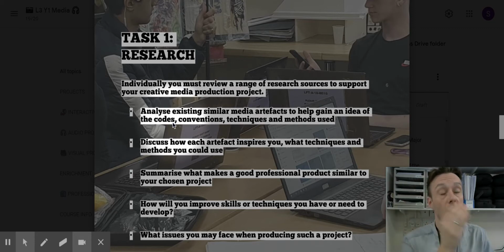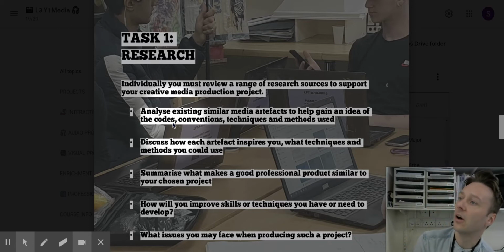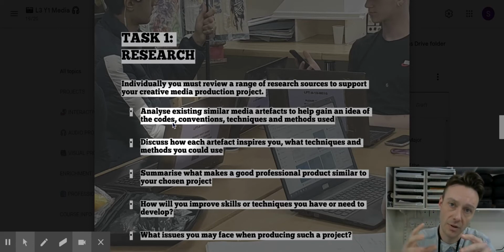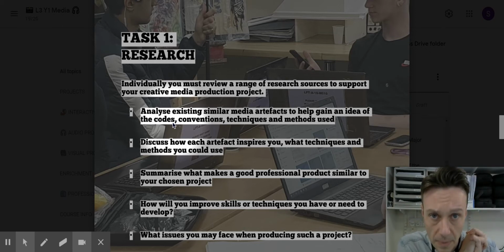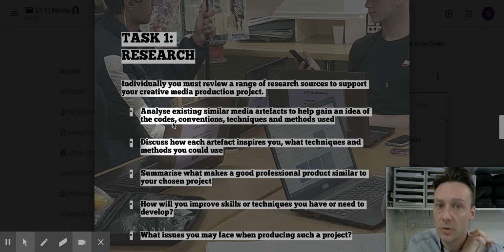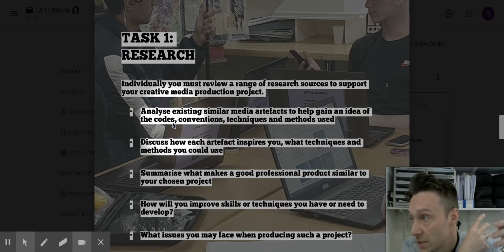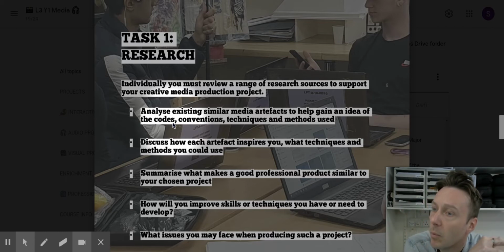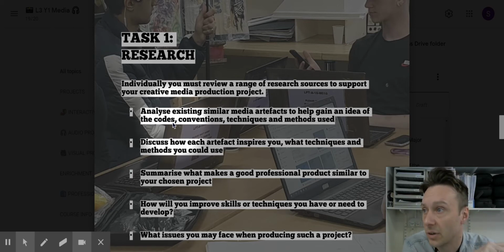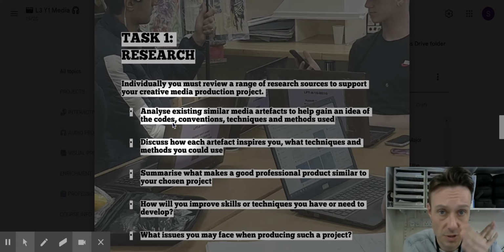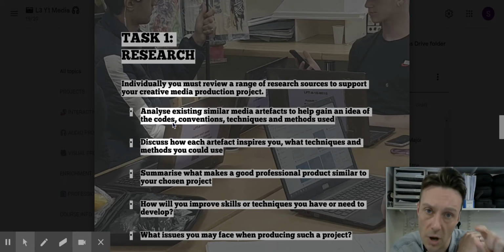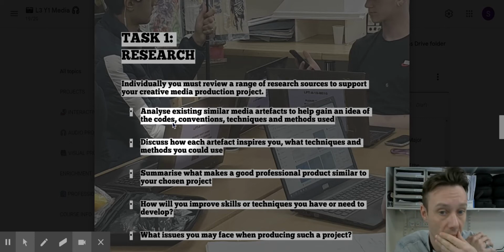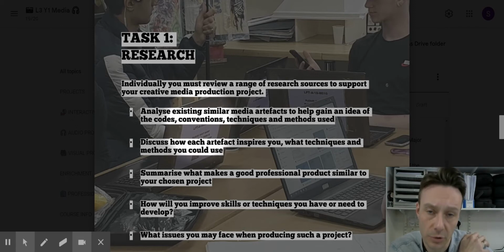So I want you to look at the codes as well. So what I mean by the codes are the combinations of signs that you typically see together in that particular media project. So in horror film, for example, what are the codes you normally see? So low-key lighting, masks, the final girl trope, the idea of isolation, the idea of music being a particular way. All these different signs together create codes. So what are the codes in your particular area that you're looking into for whatever it is you're going to be creating? What are the conventions, which, as I say, are the tropes, the standards, the norms in your particular